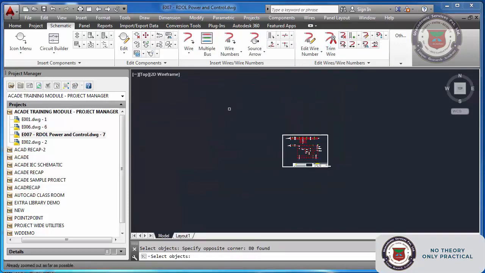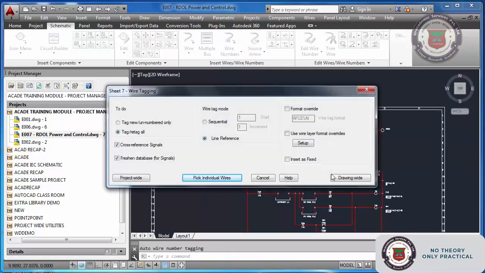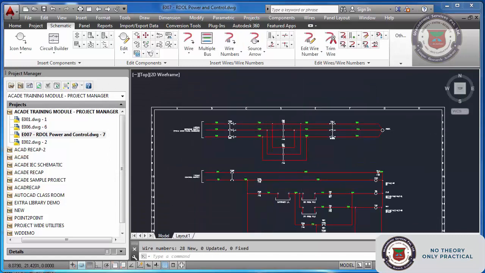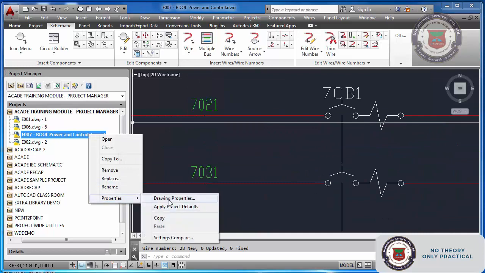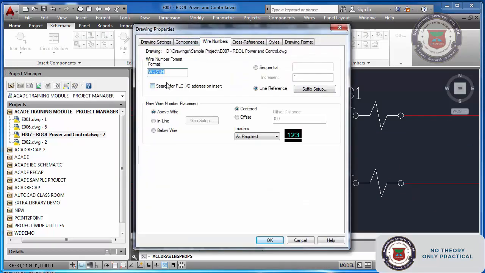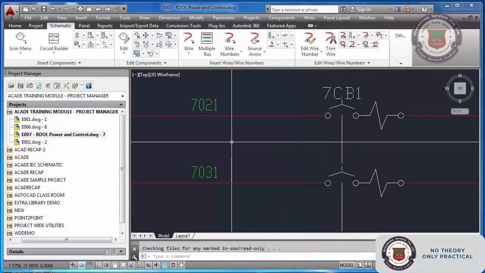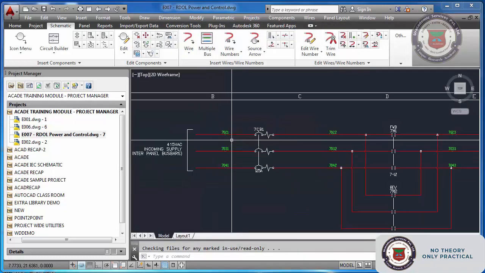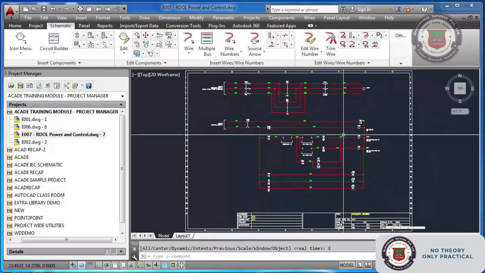the wire numbers, even now it is not coming here, even though I have changed the prefix here, it is not coming here. Okay, but it is very much possible. All these things are possible. With customizing ferrule numbers and components, I will give you a different session. I will devote a different session for these two things, because these are very important functions.